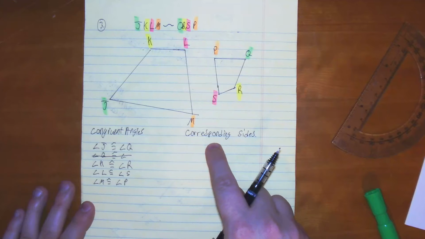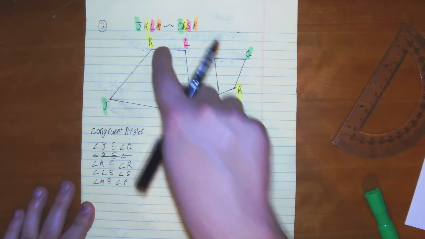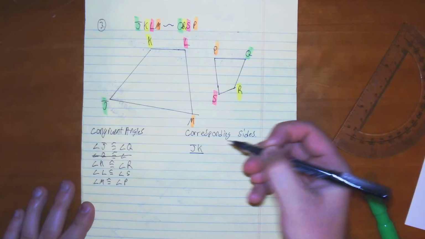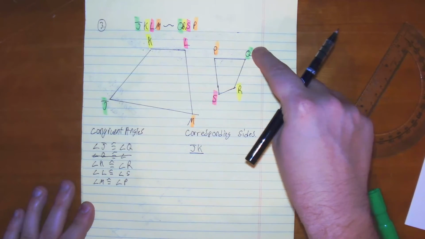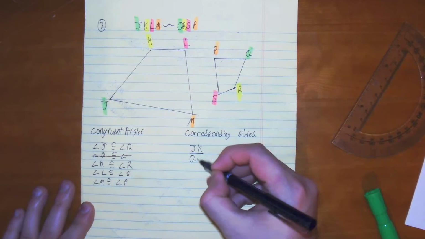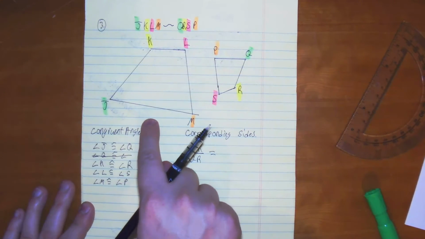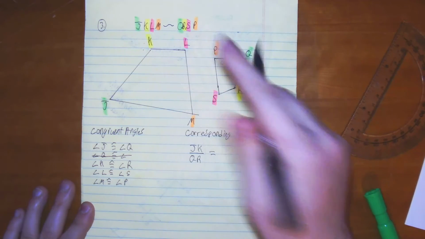The corresponding sides, this is where the colors are really going to help us. I'm going to go from green to yellow. So we have J to K over, we start with green, so we go with the green again, Q to R. It's going to be proportional with, we started with the quadrilateral JKLM, so now we're going to go from K to L